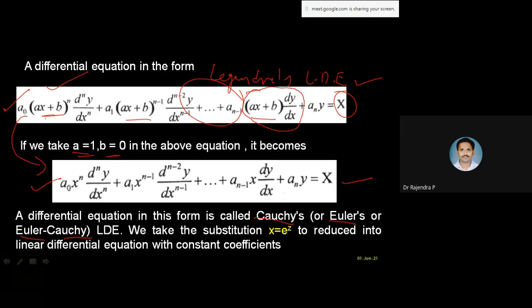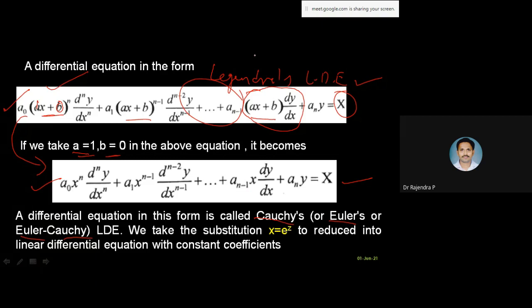It is just derived: if a is equal to 1 and b is equal to 0, then in place of a I can substitute 1 and in place of b I can substitute 0 everywhere in Legendre's differential equation, and I get this particular form. So things are again the same. When we do that, what are we going to get?